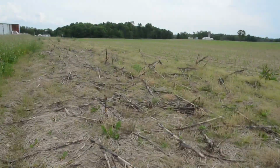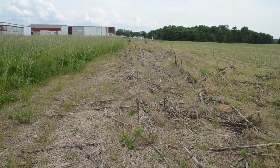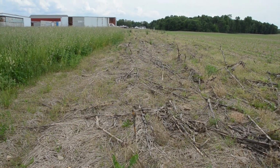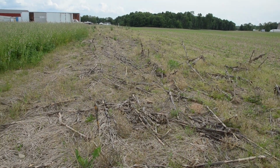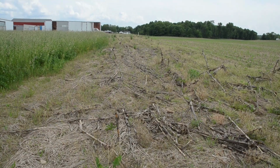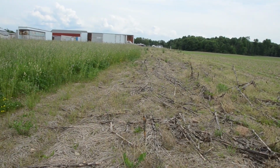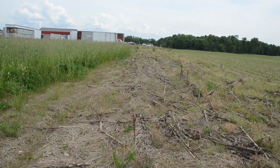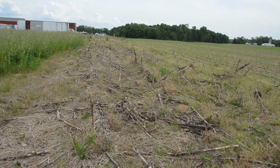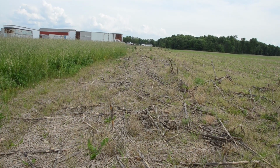This field has nothing going on right now, but last year I had field corn in this. After I harvested this corn, my plan was to till it up and plant rye, and then this spring roll the rye down, and that would be a mulch and there wouldn't be any weeds and I could plant here. Well, I never got anything to till this up with, and so I could never plant rye, and so it's just weedy now. But my plan is to till this up, because I have ways to till this up now,